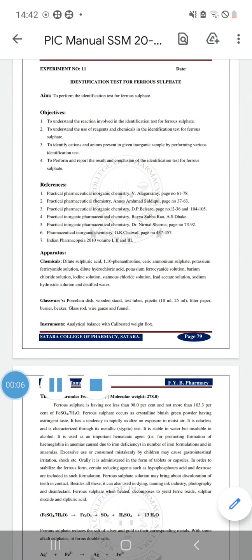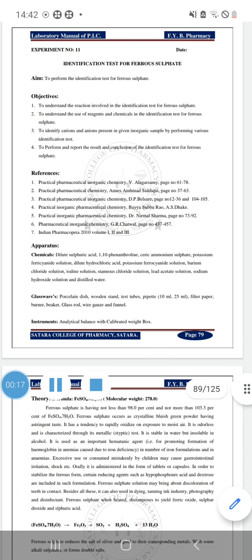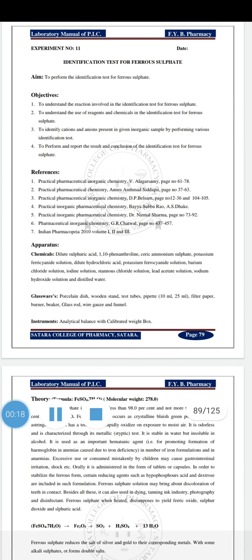Today we will discuss experiment number 11, identification test for ferrous sulfate. To perform the identification test for ferrous sulfate, the objective of this experiment is to understand the reaction involved in the identification test for ferrous sulfate, then to understand